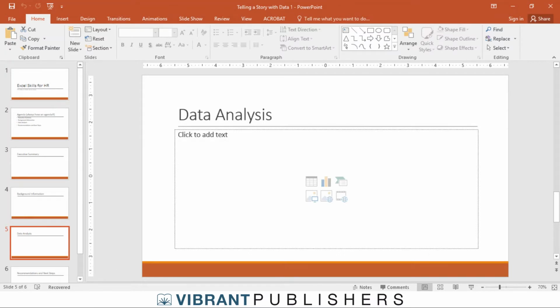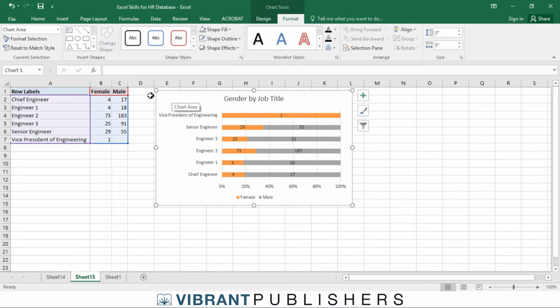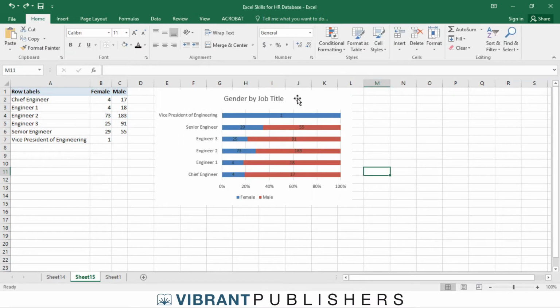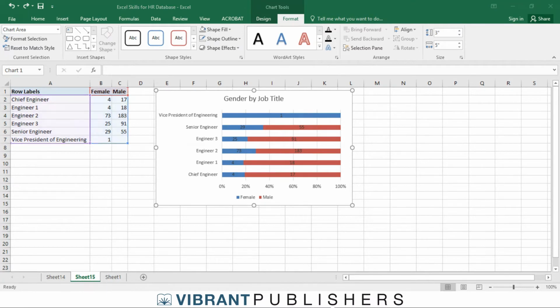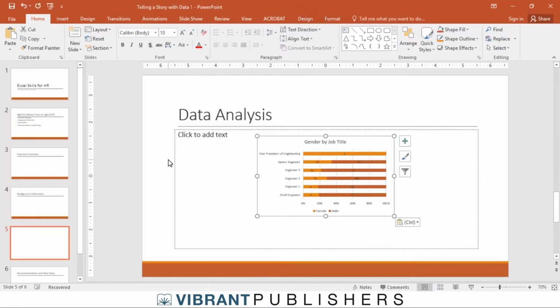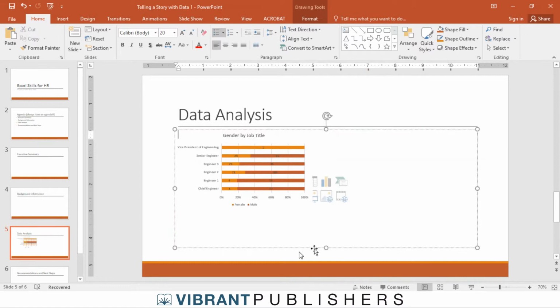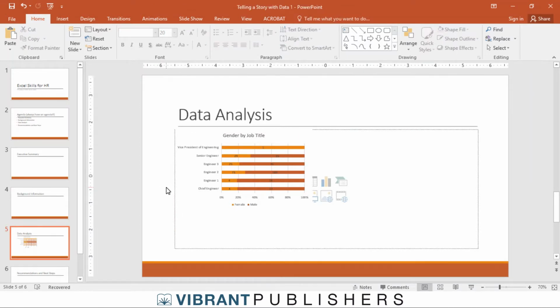Welcome back. So, sorry about the technical difficulties. Again, if you want to, you can go back and we can Control Z, and now we're back to our original chart and graph, and we can copy and paste this in. So we'll do Control V, and it will automatically update the graphics and the colors. So let's keep it as is with the red and the orange there, and we will put this over here. So we'll come up with our kind of text and things a little bit later,